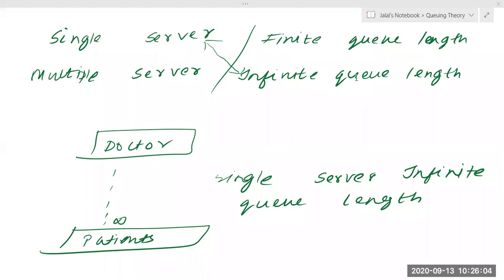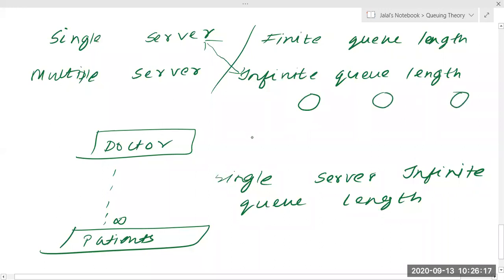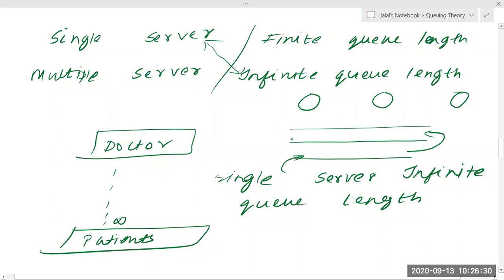Okay, thank you. I'll take another example. Apart from the doctor, suppose there is a railway reservation counter. There is a single line, though you can even take multiple lines. The customer enters from here, moves to here, and then after some time moves to here, where the customers wait in the queue.